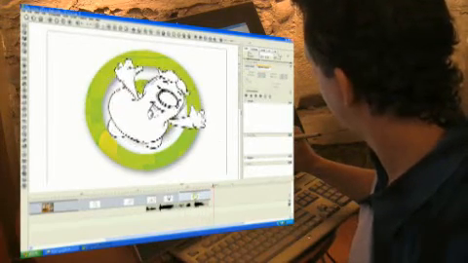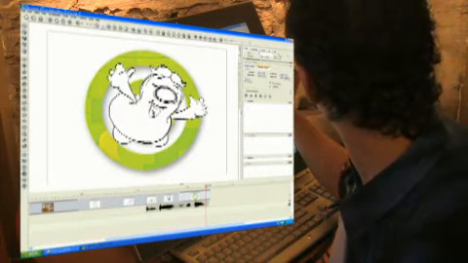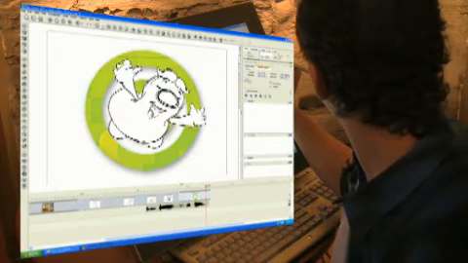There we go. And then I want him to slow down. I want to hold for a couple frames on the end, and I want to